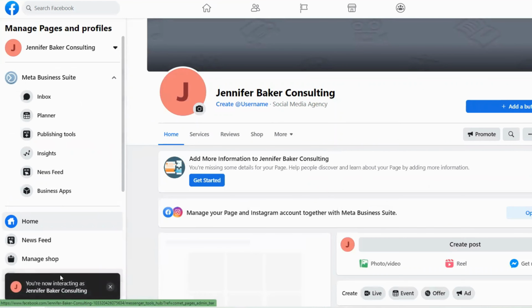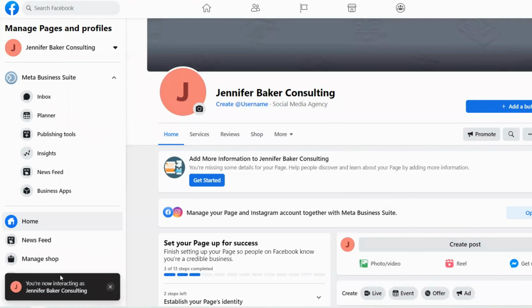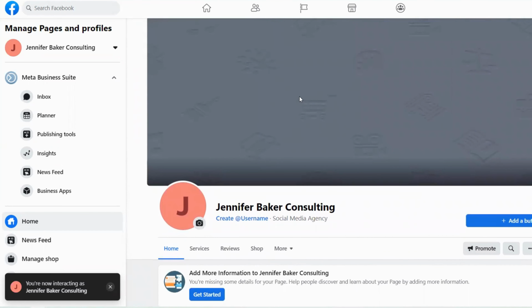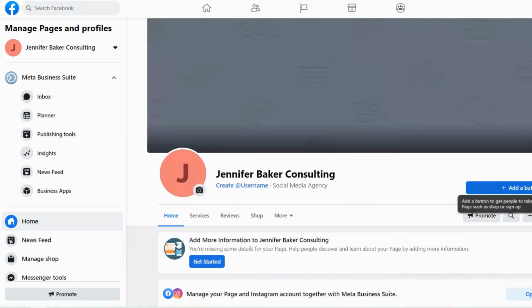So once we tap create, now we are creating a new Facebook page. And what we see here is actually the old layout of Facebook. So it's not the new layout that maybe some of you have seen on different profiles. On the left-hand navigation menu is where you're going to see all the different options. And then the center here is where we see our cover photo, our profile picture, and our call to action